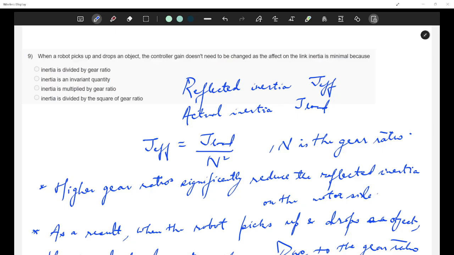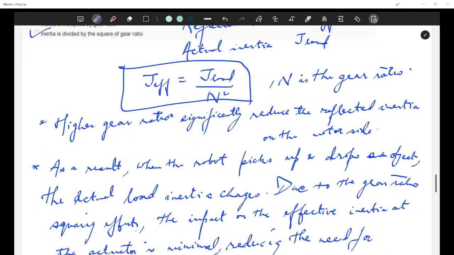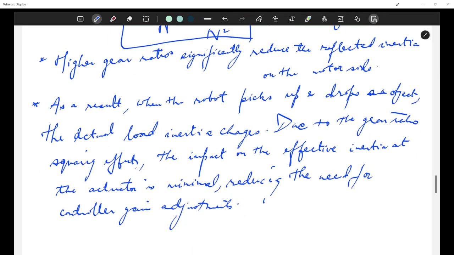Then the other option is inertia is multiplied by the gear ratio. Incorrect because inertia is reduced due to the gear ratio and it is not increased. The correct option is inertia is divided by the square of the gear ratio because of this relation. That is why we don't need to change the controller gains when it is being picked and dropped. I hope this is clear.